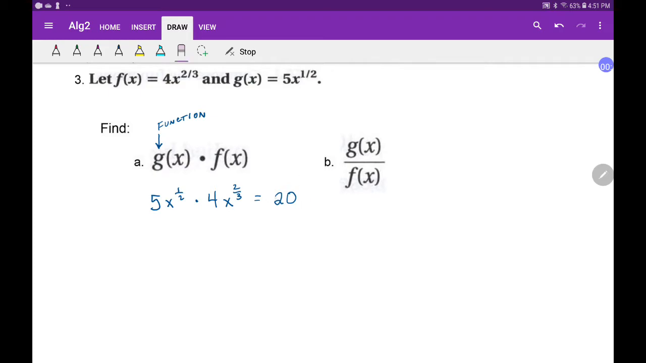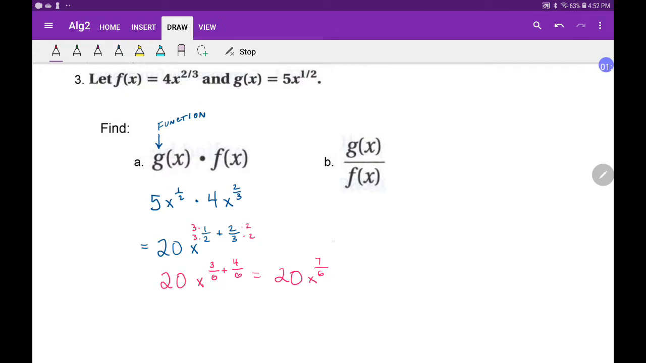So I kind of wish I had done this below. So I think I'm going to do this below. I'm going to say 20, and x to the 1/2 plus 2/3. Well, I need common denominators, so what happens here? I'm going to say times 3 and times 3, and times 2 and times 2 for common denominators. And that's going to get me 20x to the 3/6 plus 4/6, which is going to give me 20 times x to the